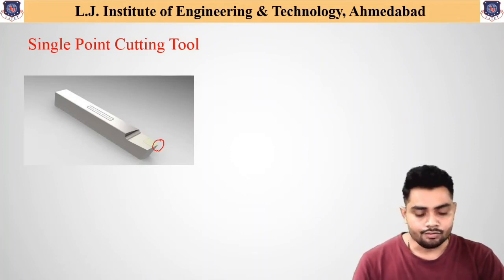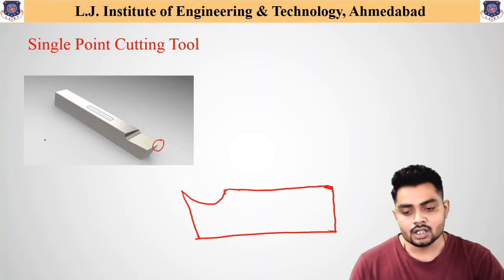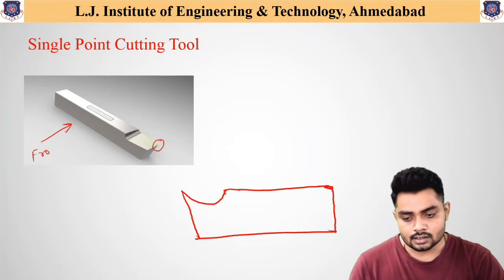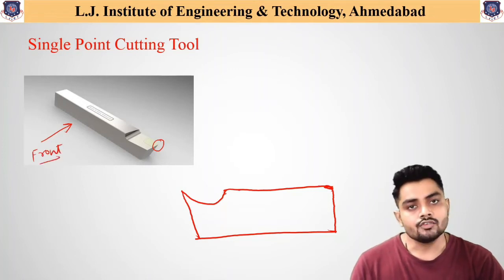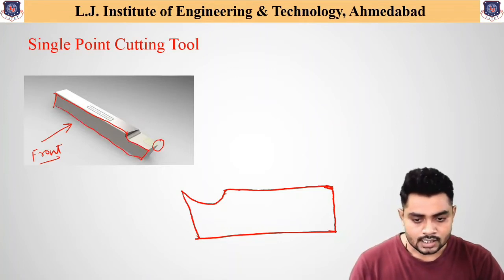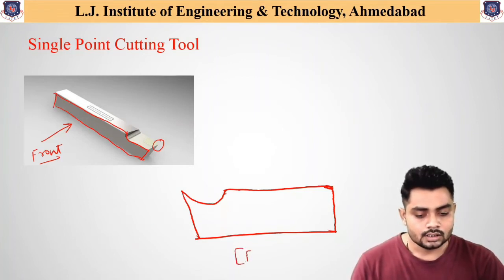For that, first of all, let us have a look at the first important view, that is the front view. As you can see from this particular direction, let us say it is the front view. In the case of front view, if you see the 2D view over here, which I have highlighted, this is similar to what I have drawn over here. So this first view is called the front view.